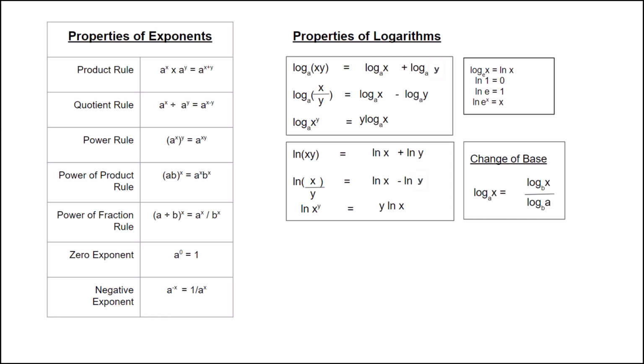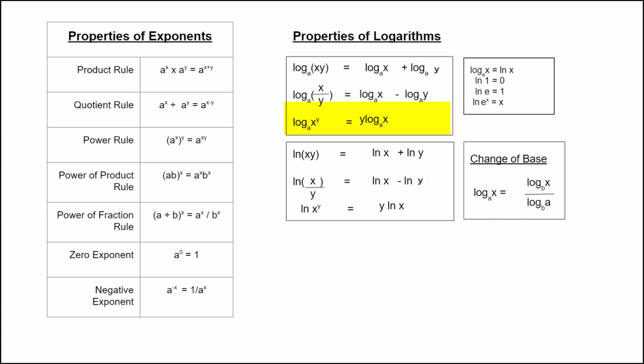The properties of logarithms are as follows. The log base a of x times y is equal to the log base a of x plus the log base a of y. The log base a of x over y is equal to log base a of x minus log base a of y. And the log base a of x raised to the power of y is equal to y times log